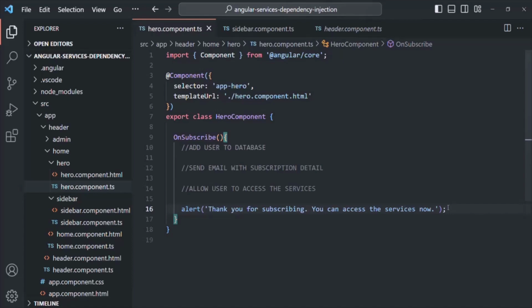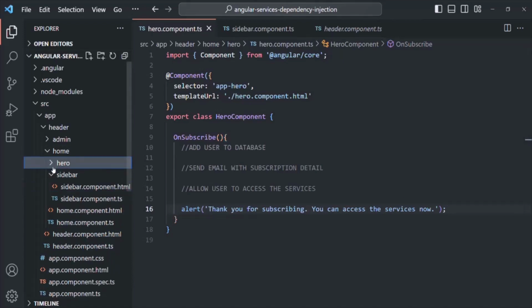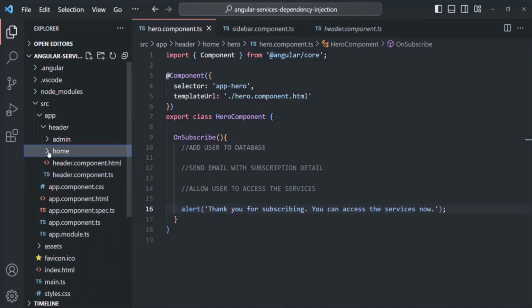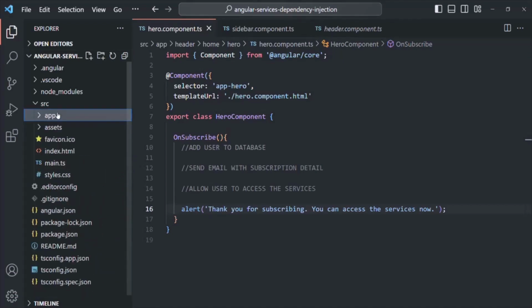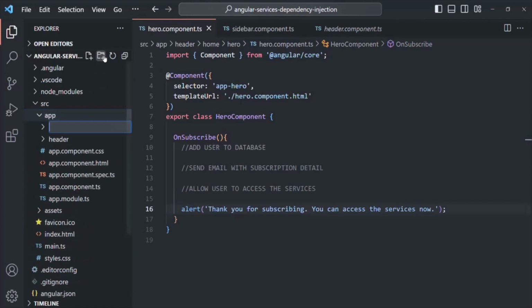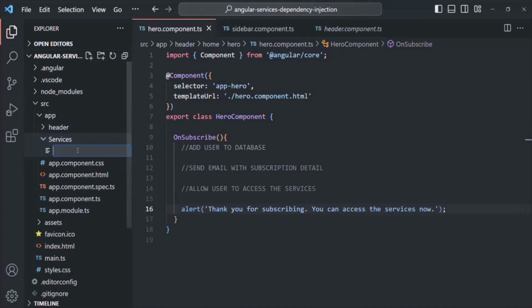Now, to solve this problem, what we can do is we can make use of services. So let's go ahead and create a simple service and let's see how it allows us to solve all these problems. So let me go ahead and retract these folders. Okay. And in the app folder, I'm going to create a new folder. I'll call this folder services. Inside this services folder, I'm going to create a new service file. I'm going to call this service file